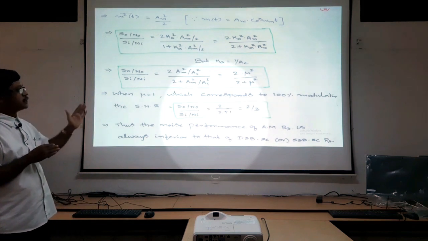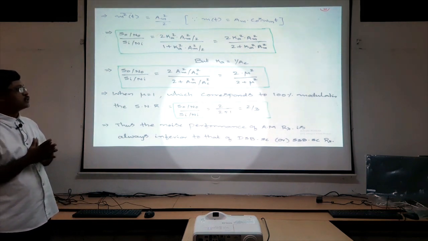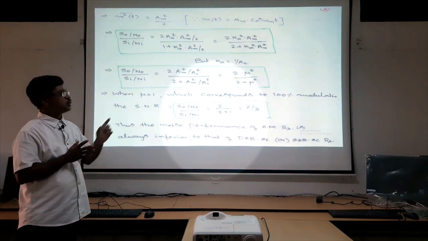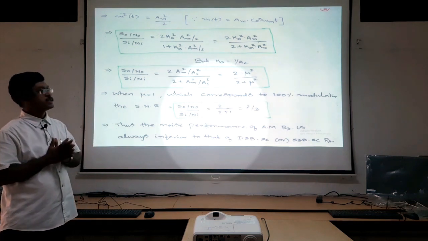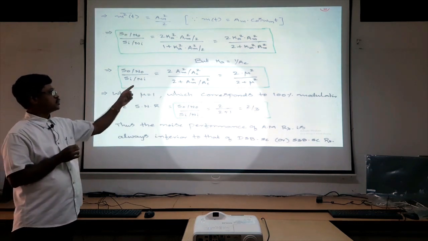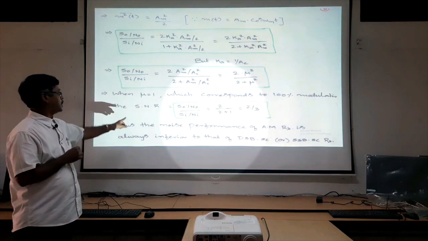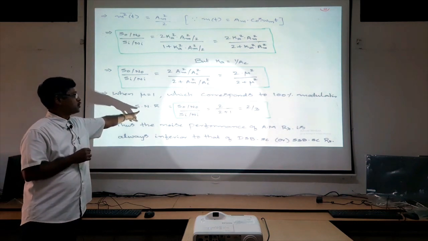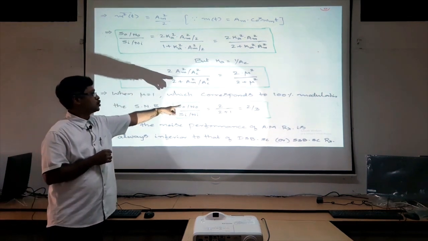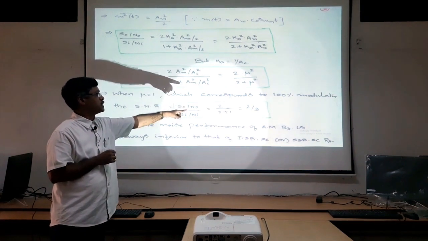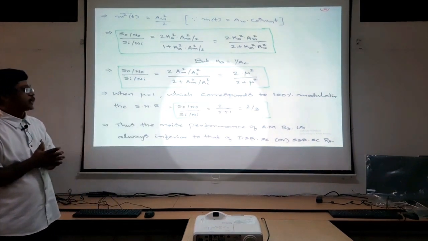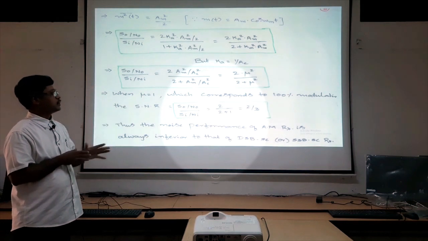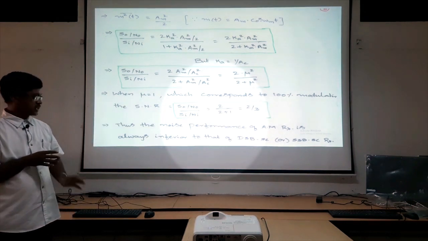But here, this is the noise calculation for amplitude modulation systems. Hence the modulation index for the amplitude modulation system is 100%. So replace that modulation index mu by 1. I can redefine the figure of merit, or overall signal to noise ratio, as 2 times 1 divided by 2 plus 1, that is 2 by 3. So this is the figure of merit of the AM system for the small noise case.